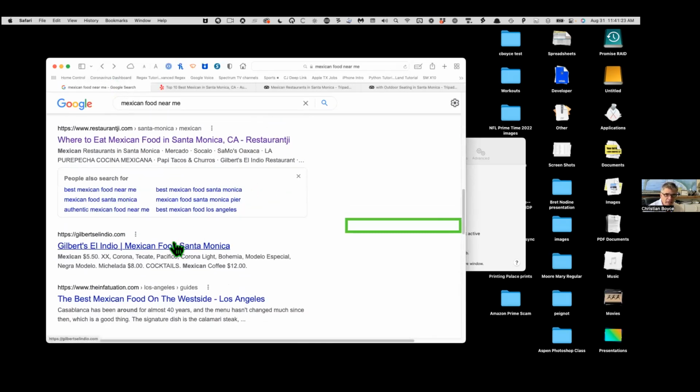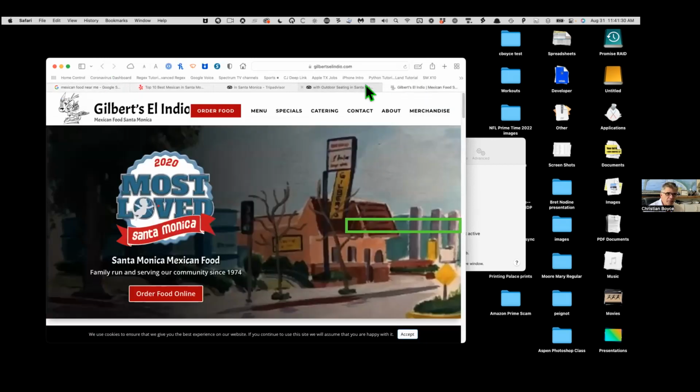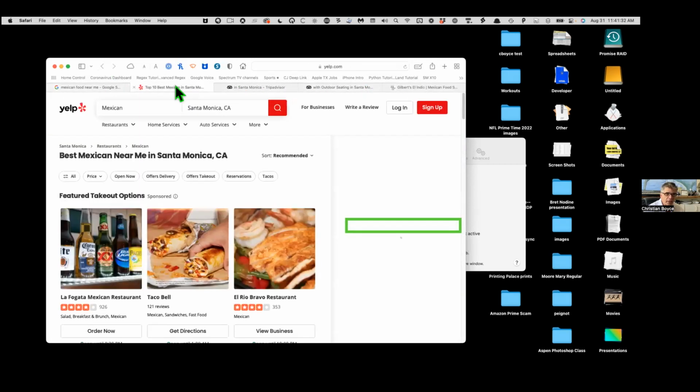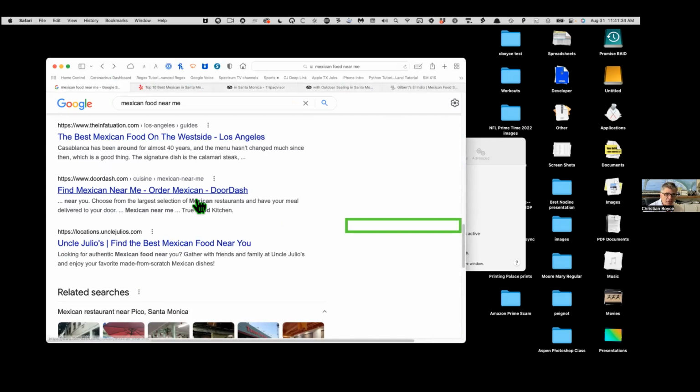But if you're holding down the command key when you click on a link, it just makes another tab, and now I can flip through these like this, nice and quick, and it keeps my search page open. So generally when I'm searching for something, it's going to take a couple of tries before I find the right page. So I'm probably going to hold down the command key and hit a whole bunch of sites like this,